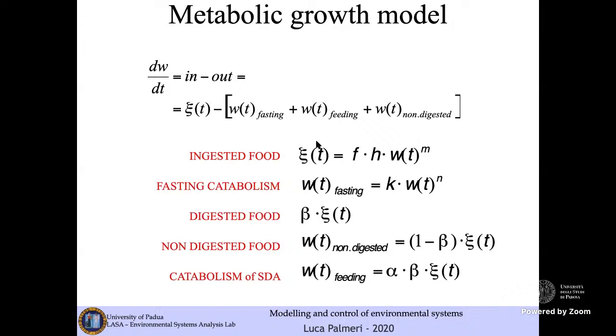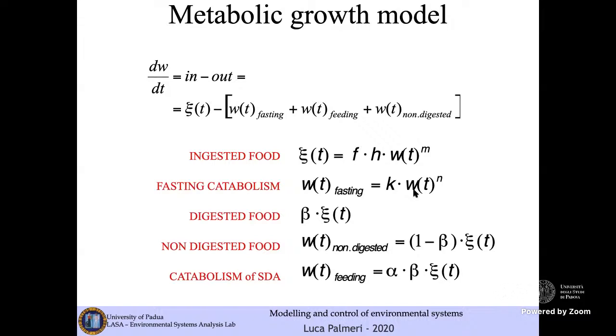Ingested food is modeled as a function of the weight of the organisms through these two coefficients, and the function is not linear. Instead, it depends on an exponential of the weight of the fish. The fasting catabolism, as we have seen, may be modeled as depending again on the weight of the fish, due to the fact that